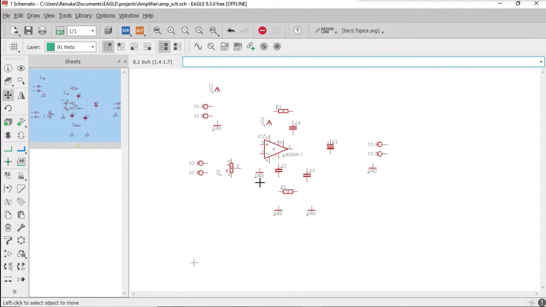And if you want to rotate any particular components, there is an option called rotate on the left side of the window. Click on that, and if you need to rotate any particular component, you can rotate them. I'll rotate a few components and I'll just show you how to rotate them. Click on the option called rotate here on the left side and select the component which you want to rotate.